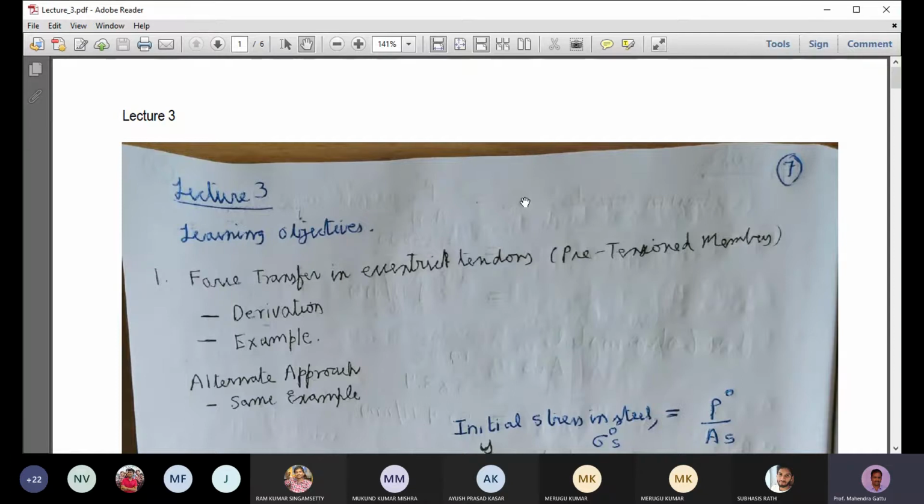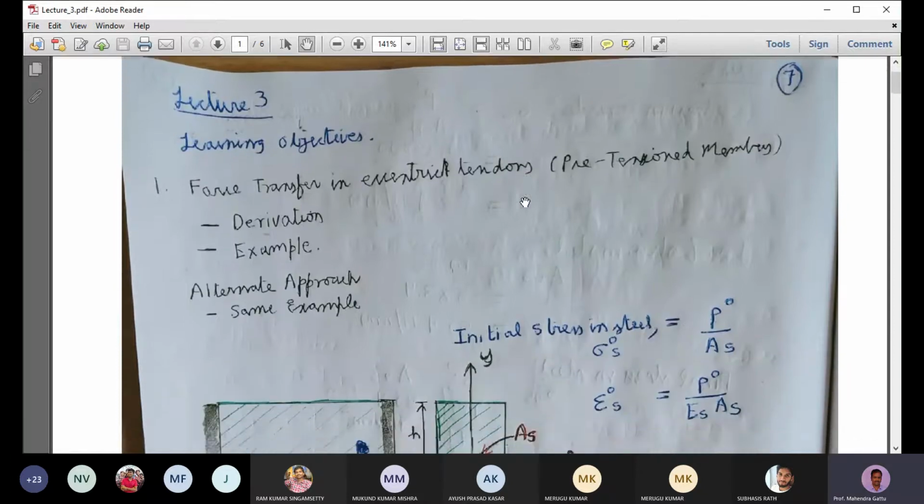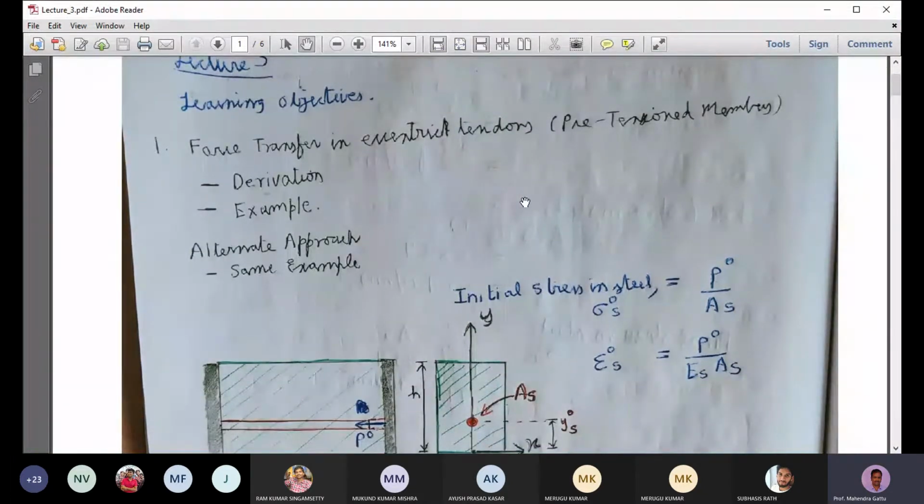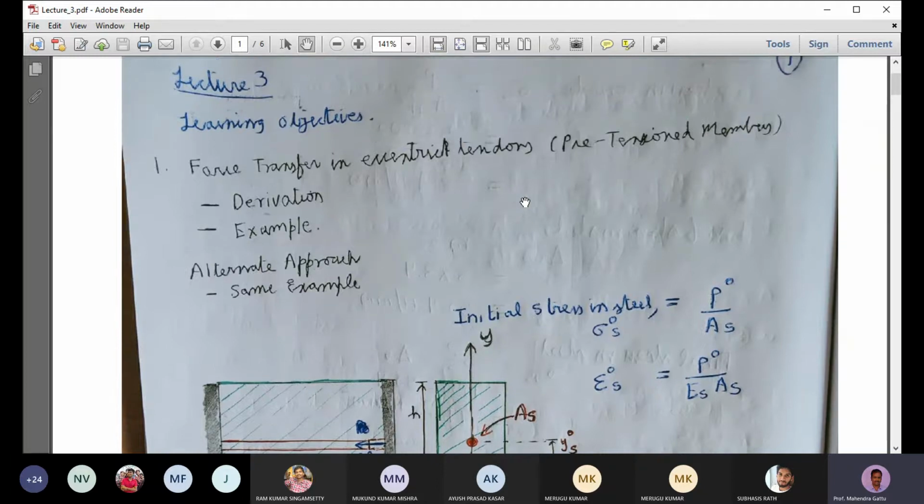What happened is I wanted to do some analysis. So I began this analysis on Saturday, and it took me a very long time to finally figure out the derivation we are doing in this lecture. Yesterday, the day before yesterday, I was working on this. So just let me start.